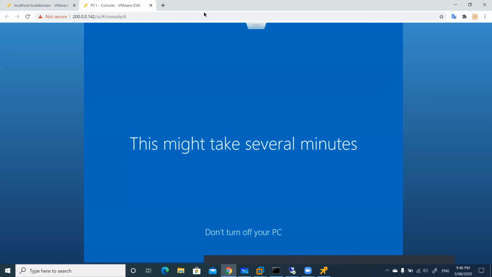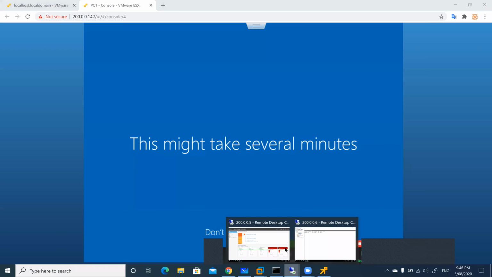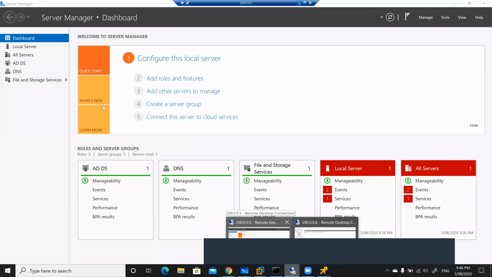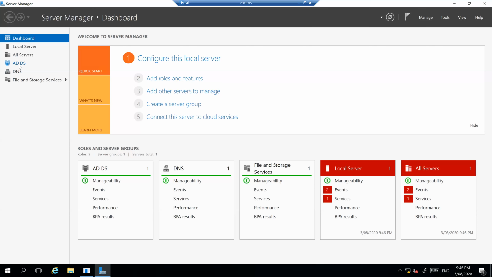So until then, I will go ahead and create one user so that we can test it. Okay. So this is our Active Directory.